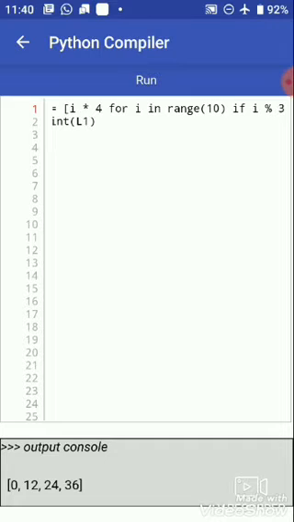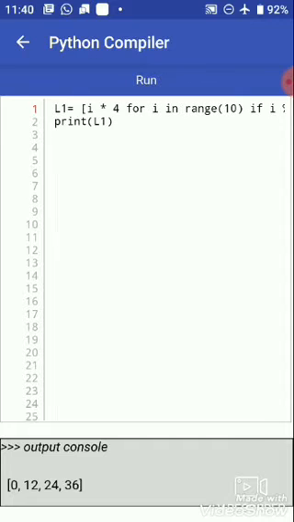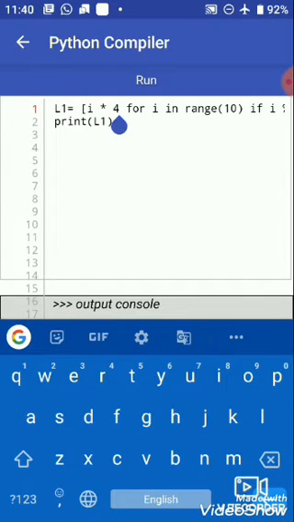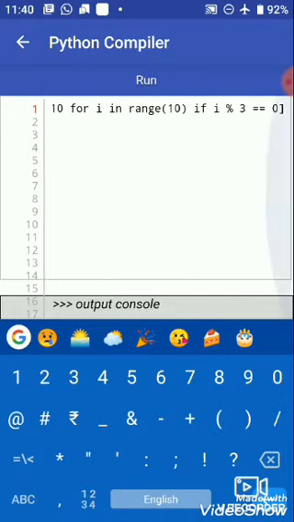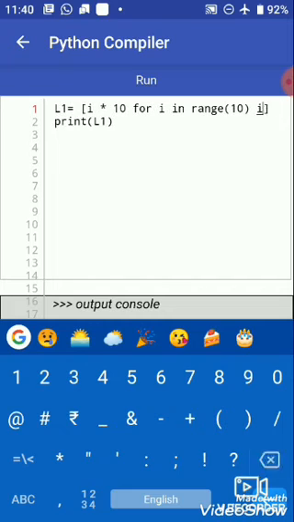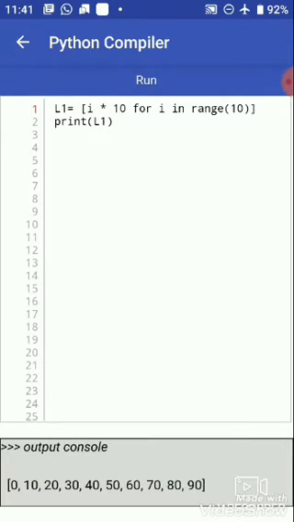In this list there are fewer numbers, so I multiply with 10 for i in range 10, and we remove the condition from here. When we remove the condition and run the program, our list has 0, 10, 20, 30, 40 up to 90.